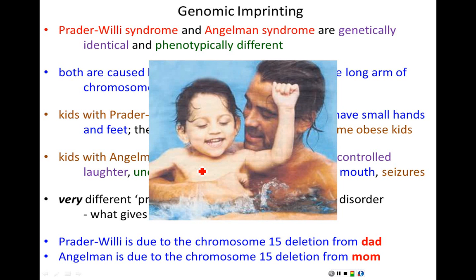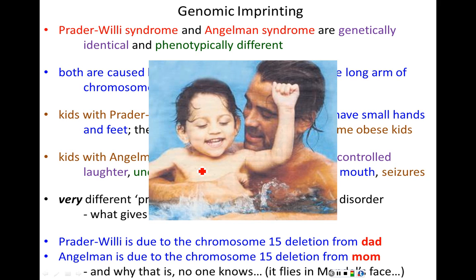And I'm not into the blame game thing here, and this is not what it should come down to in the home environment. But genetically speaking, that Angelman in this child did not arise from any defect in Colin Farrell's DNA. Because Angelman is due to a chromosome 15 deletion from the mother exclusively. Had this son had Prader-Willi syndrome, then we would know definitively that the chromosome 15 deletion came from Colin Farrell himself. Why this works this way, no one has any idea.